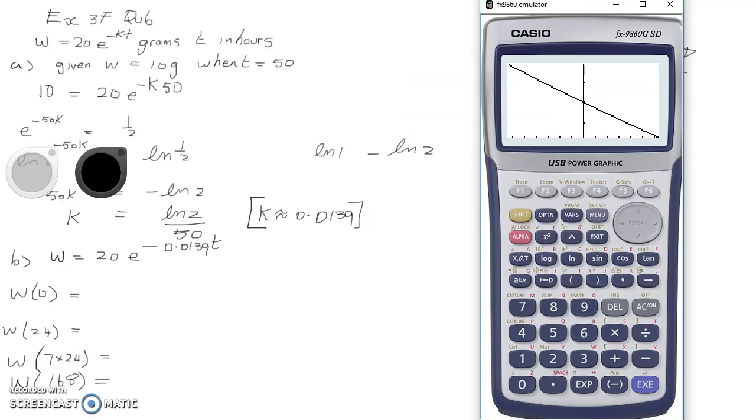So I just use Shift Zoom Auto, and even though that's not a very satisfactory appearance of the function because we expect it to be curved and it looks linear, let's just put in the GSolve calculation. Now remember we've got the weight is like the y coordinate, so if we go Shift GSolve, because you can only use